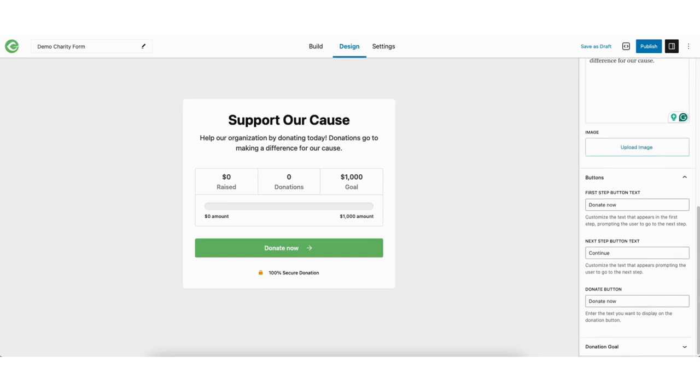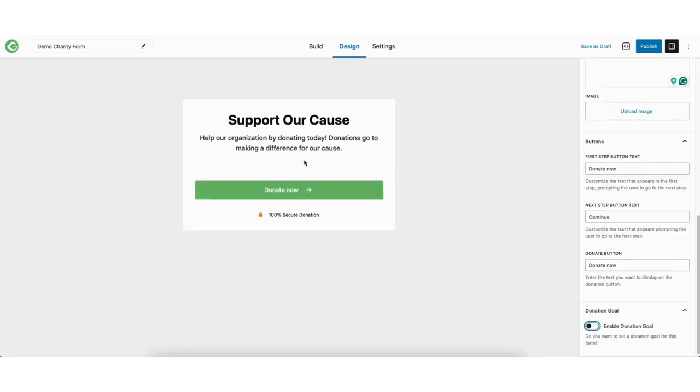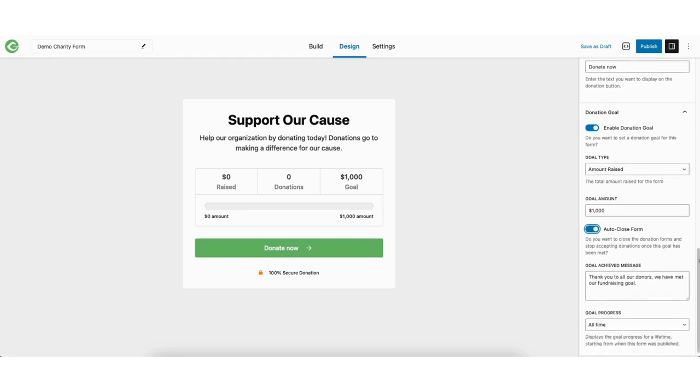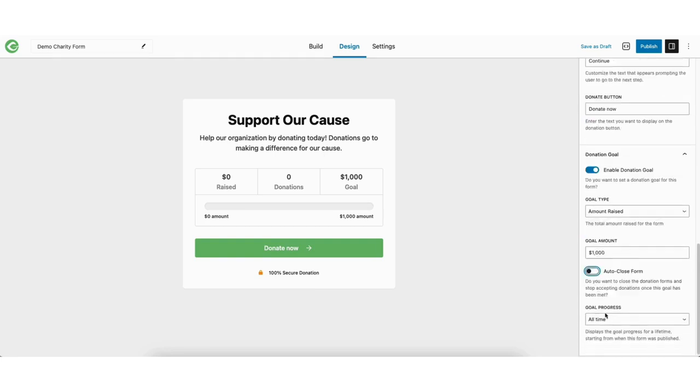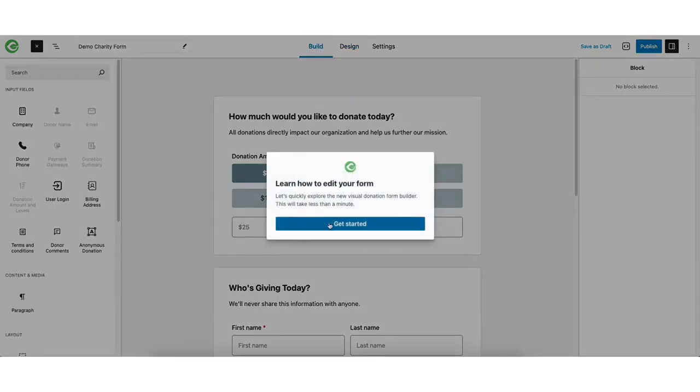If you click Donation Goal, you can choose to disable or enable the donation goal. If I disable it, it'll not show anymore. If you do keep it enabled, you can input a goal amount. You can choose to turn on Auto Close Form, which will close the form once the goal has been met. Goal Progress you can have on all time, or you can select Custom and choose a start date and end date to show. If you click the Build button on the top of the page, you can begin building and